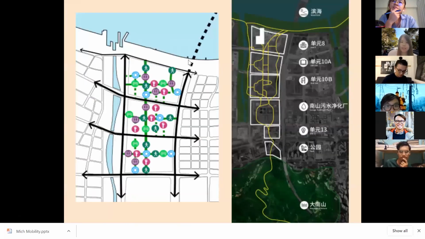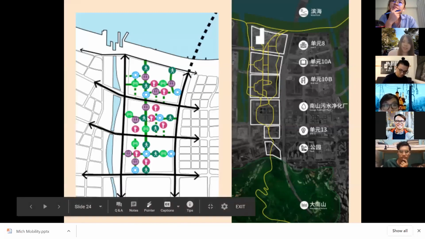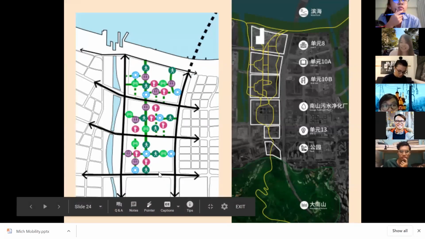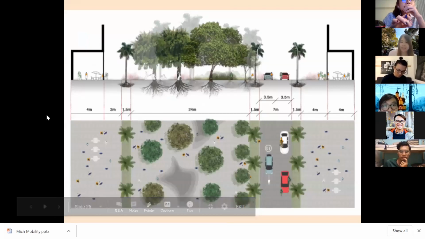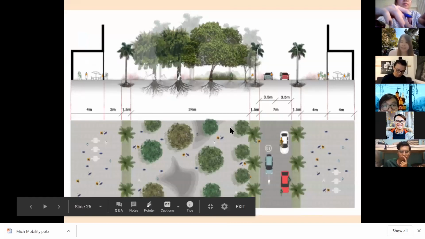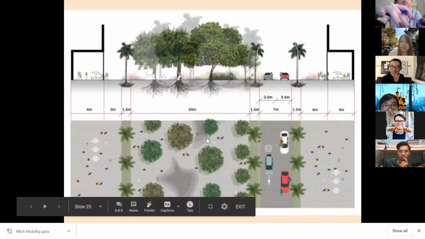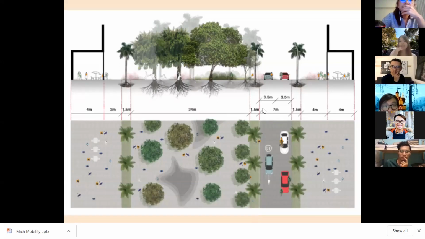So as you can see, now it's quite a walkable and vibrant neighborhood with a lot of activities. And you can see from this section as well the proportion of car versus people. So the street spaces are cleared for people to carry out public space activities, and you could also have more outdoor seating for cafes and restaurants.